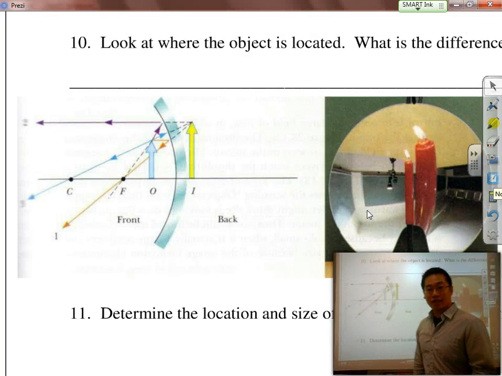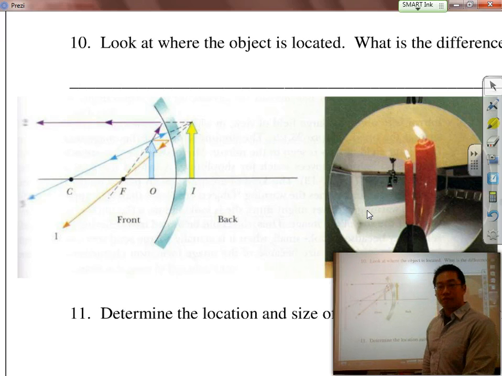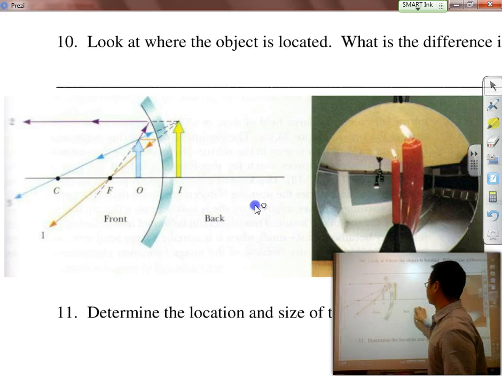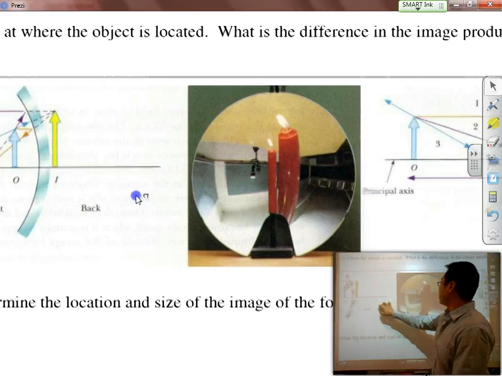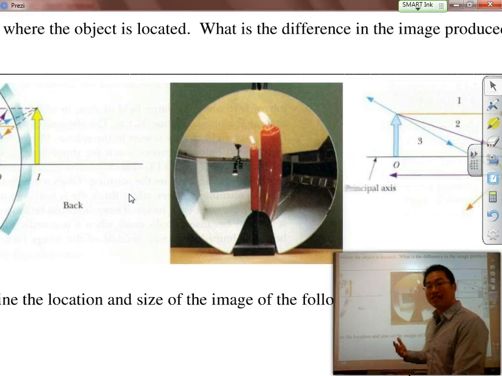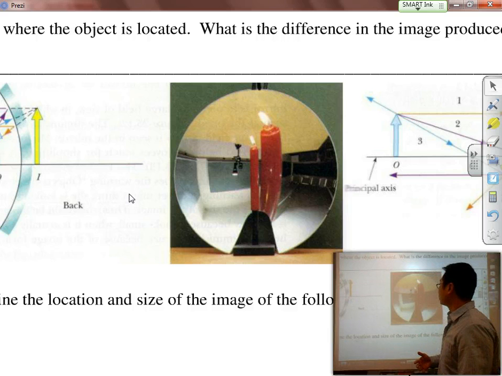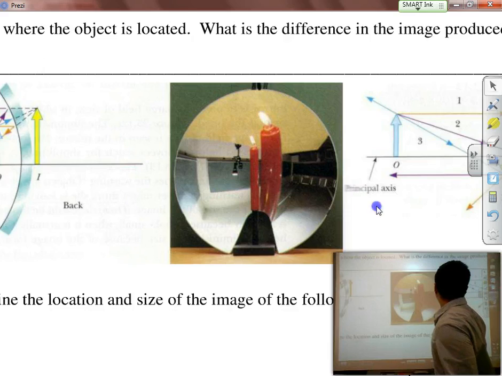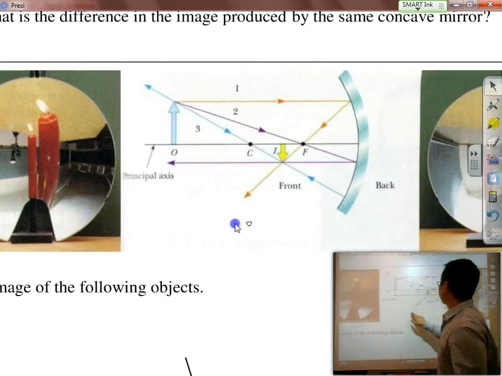So this is the example of when you hold the mirror up close to the object itself. So when the candle is actually very up close to the mirror, you can see that it's larger than before. But this is, of course, a virtual image. While if you hold it further away,